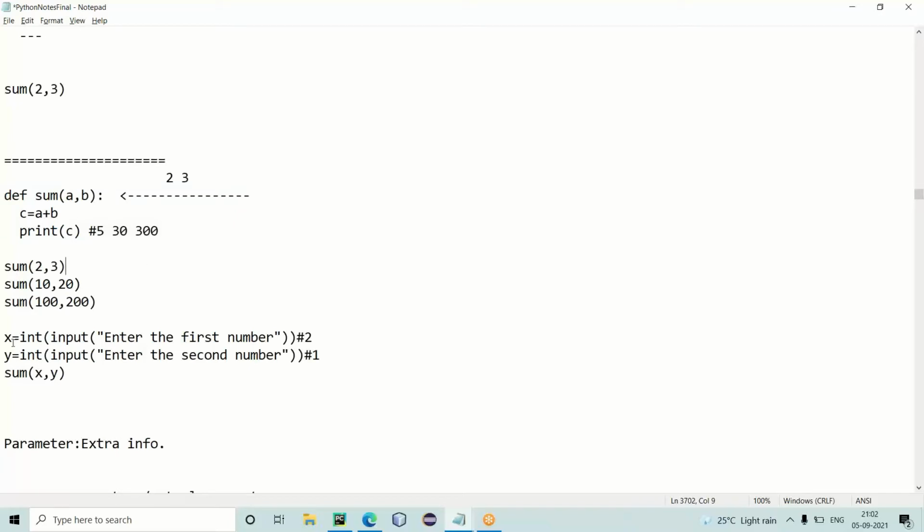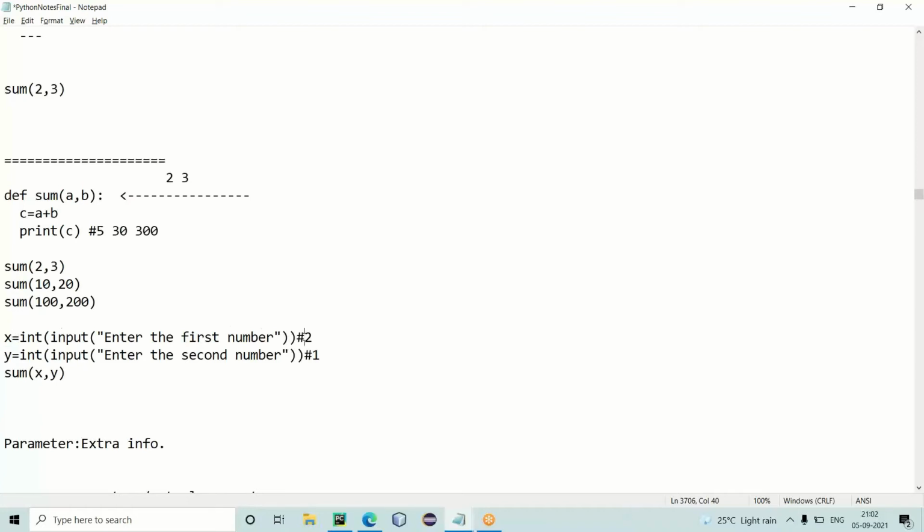So hope you know the way to take the inputs from the user in Python. Using the input function, I am accepting the input from the user. I am accepting the first number into the X variable, and the second number into the Y variable.